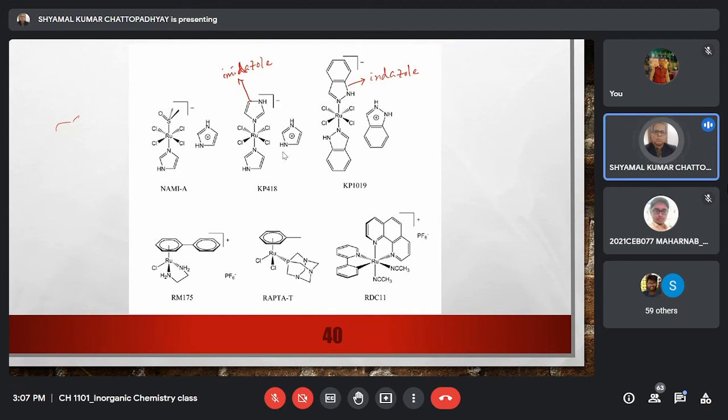Because there is more blood flow, and because these compounds pass through blood, as they are administered intravenously, if you have some cells where there is more blood flow, obviously more compound will be delivered at the cancer cells than at normal cells. But most of the complexes cannot distinguish between normal cell and cancer cell.